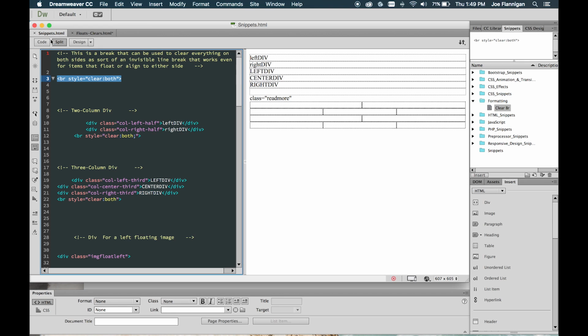So going back to the snippets file, you'll see it created many different snippets that I use on a regular basis, and I'm going to go through each one of those right now, which might help you understand why we use it and how helpful it can be for you. The second one that I use is a